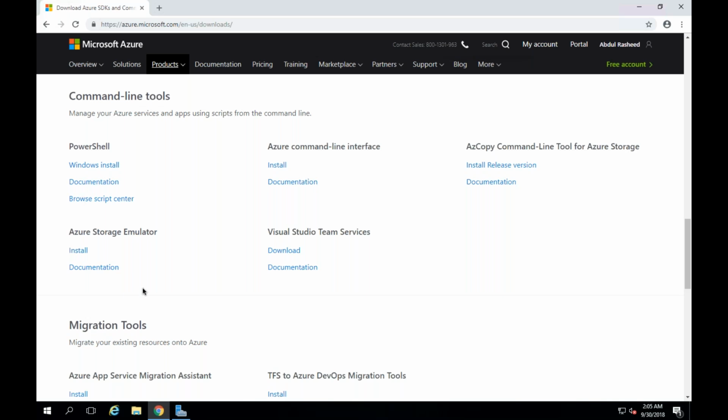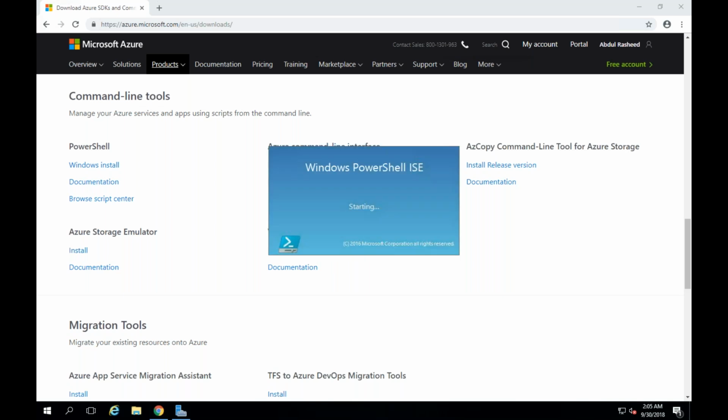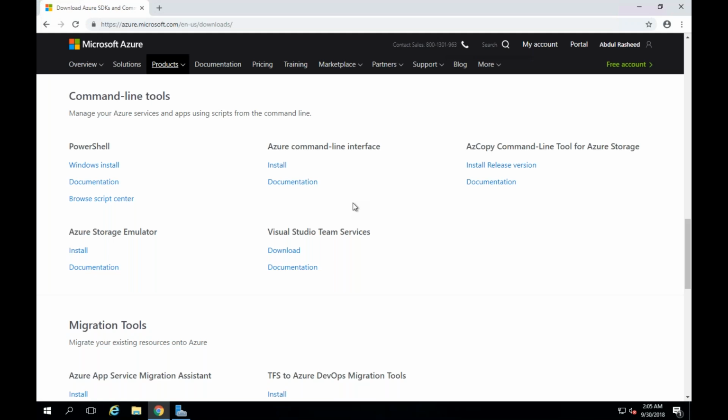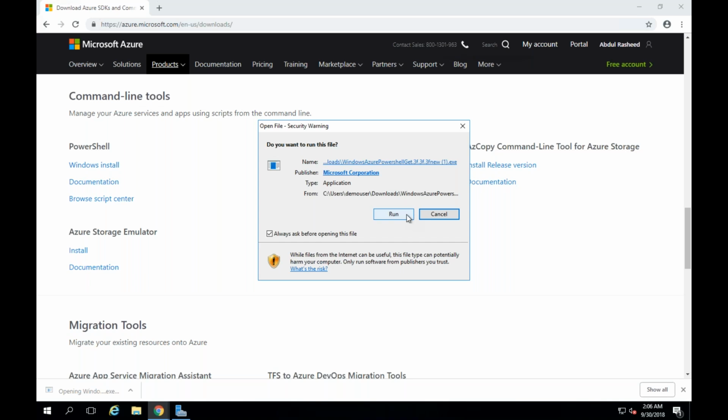So once after installing this, you can go for PowerShell. I'm just switching over to the PowerShell environment. Sure, Harsha. I have already installed it on this machine. Probably I will just click on Windows install. See, you'll be getting this file. Run this file,